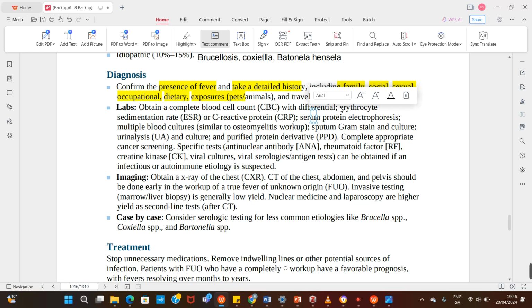And you want to do your viral culture, serology to rule out a virus, for example, CMV. You might want to culture it or do your serology to make the diagnosis for your CMV. That's that. Then imaging, you must obtain a chest X-ray to rule out